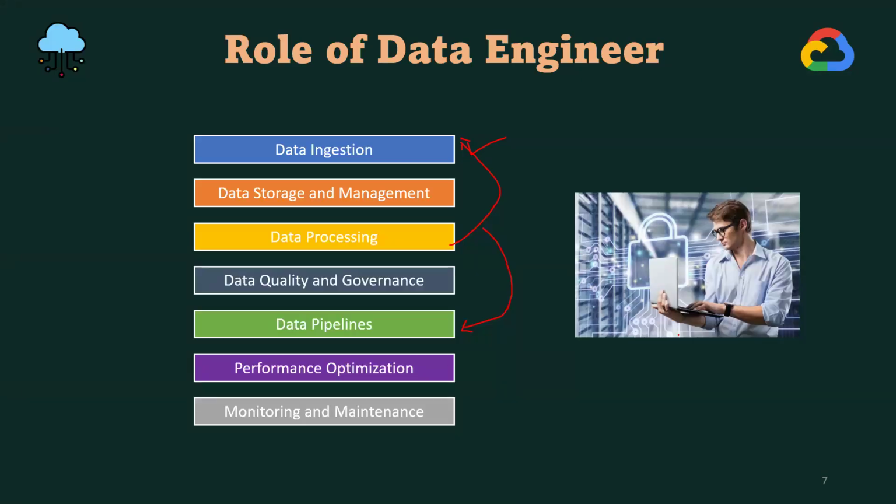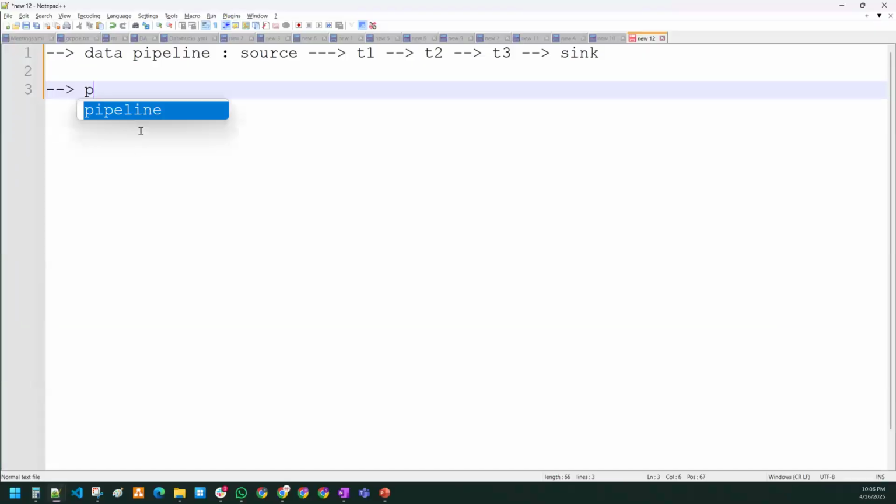The question is, whenever you are processing the data, where is this data stored? It depends on your requirement, right? In your company, you may be storing it in some database, or in the data warehouse, or in some cloud storage locations, or in the form of files. When you're processing your data, it is your choice whether to store it in a database, a data warehouse or files. It depends on that particular requirement.